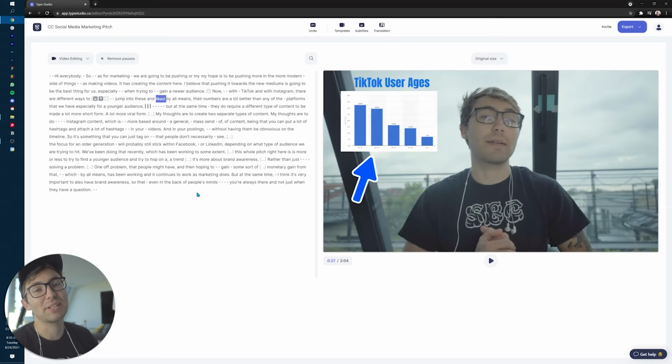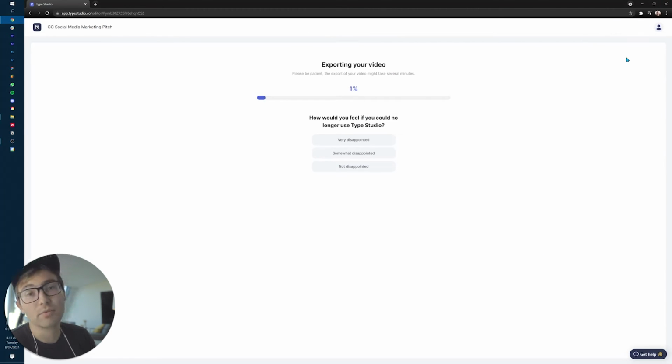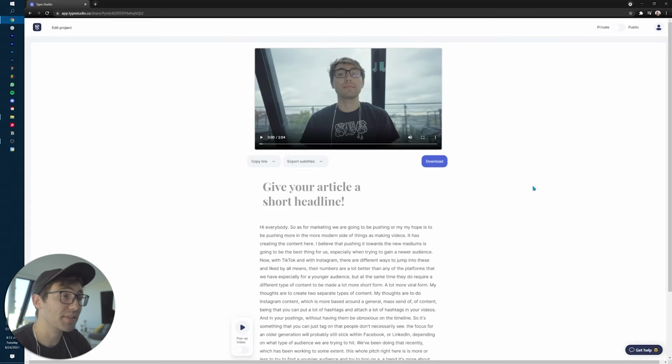So once you have your video completed and you're ready to send that bad boy out to all your coworkers, you're gonna go up to the top right, you're gonna click export and then download video, and then it'll start rendering your video to allow you to download it on the sharing page. All right, so once the video is done rendering and we've given our computer the love that it deserves for rendering the video so well,